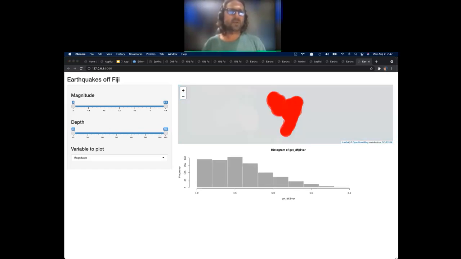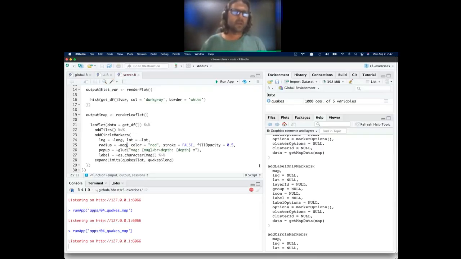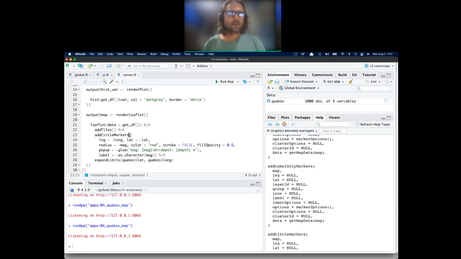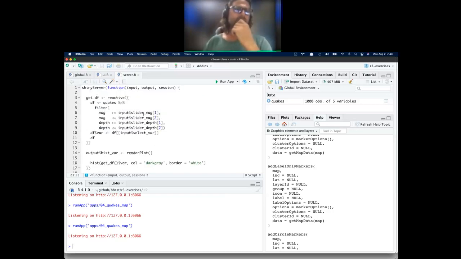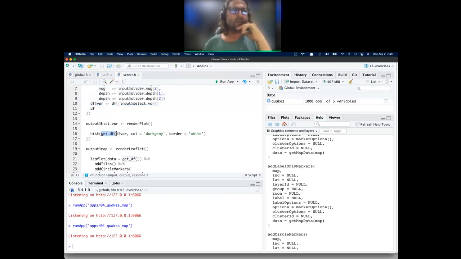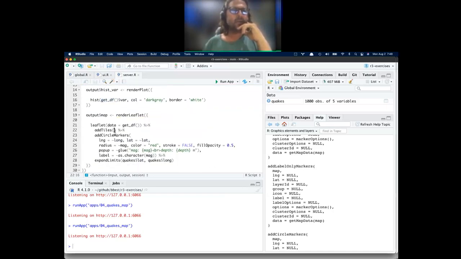So you see little ones, big ones, but anyway, something to play with. Okay. So, yeah, this reactive function is another key thing to wrap your head around. It's giving that data frame back after I've done the filtering, and then we're using that here, and we're using that here, and then making this